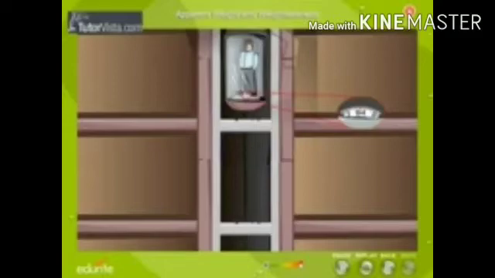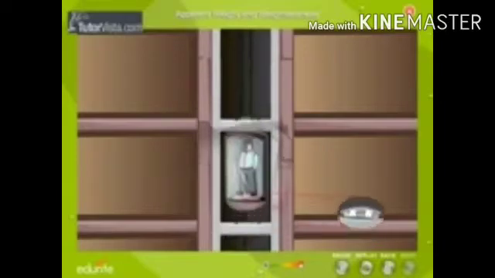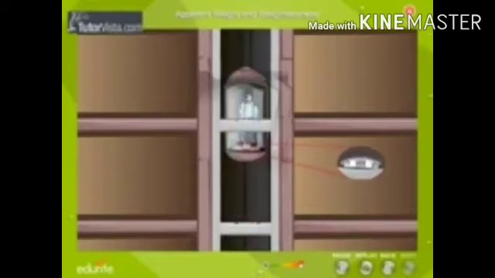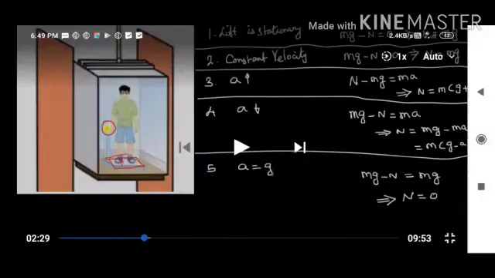There are two forces acting on him. The first one is the gravitational force, which acts downward. If we take the vertical direction as the positive y direction, the gravitational force acting on the man is Fg equal to minus mg. The other force is the normal force, which acts vertically upward. Here the normal force is denoted by N. Next we are going to discuss four different cases.